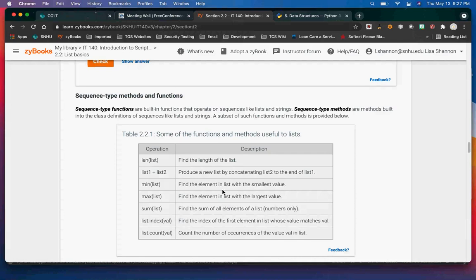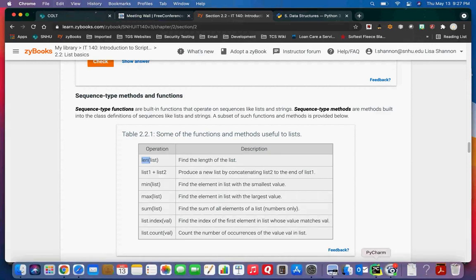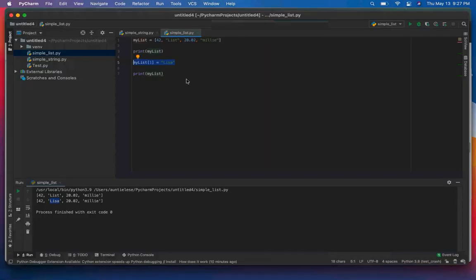So for what we're talking about, there's just a couple things that we want to talk about today. First, you can get the length of a list. Now this is going to come in really handy later on. And all you do is you use a function called len. So if I want the length of my list, I'm just going to print